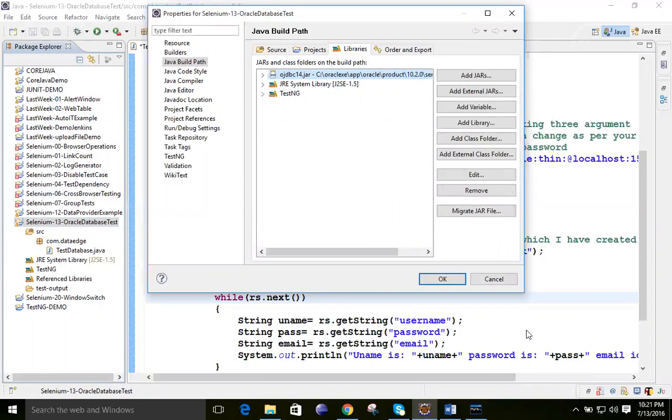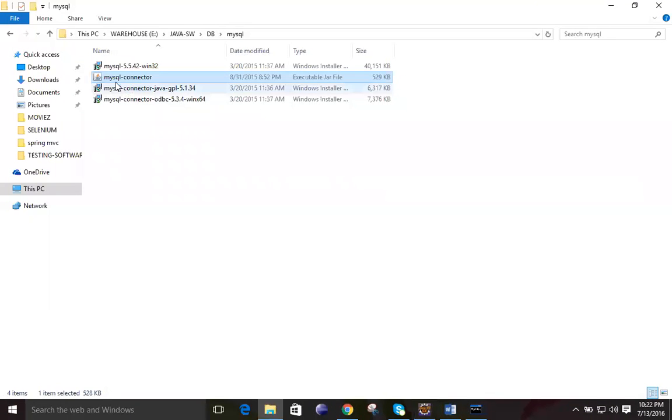If you are going to make use of Oracle, you need to install this OJDBC 14 jar. I will tell from where this jar is coming. Okay, don't worry. So if it is the Oracle case, you need to add the Oracle jar files. If it is the case of MySQL, then you need to add the jar file for MySQL, that is this MySQL connector jar.